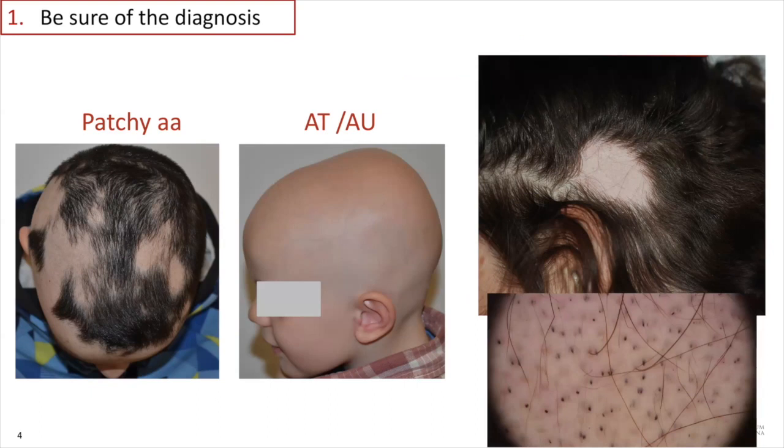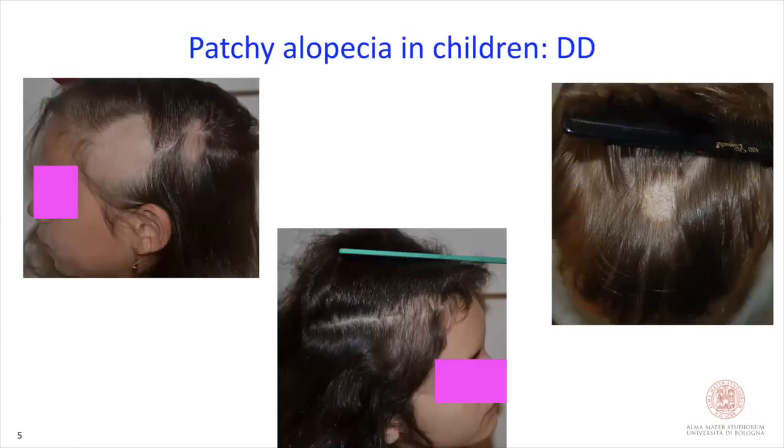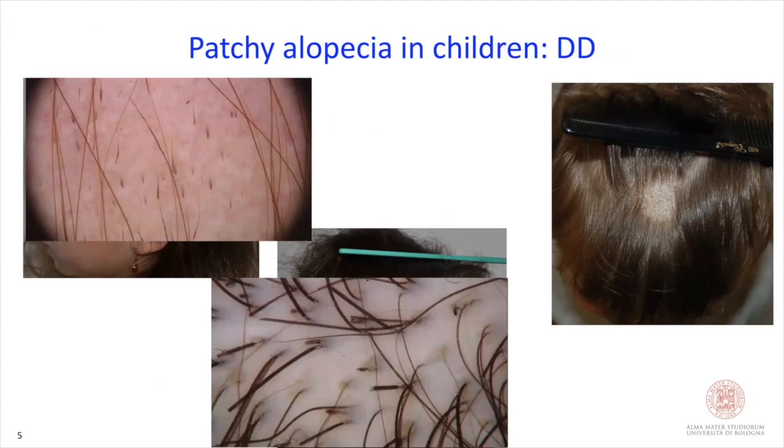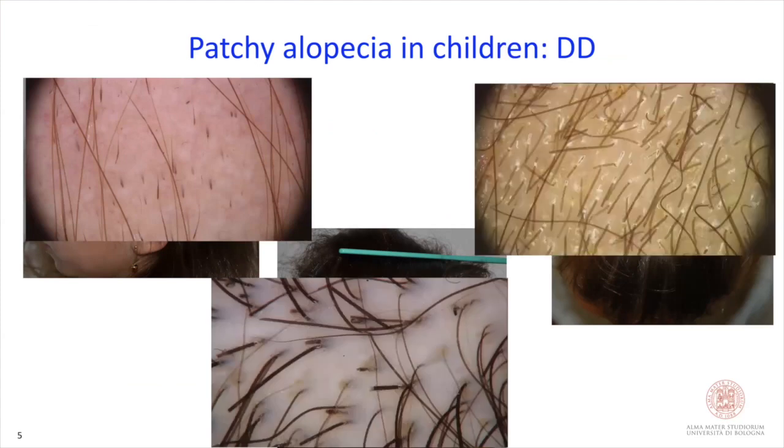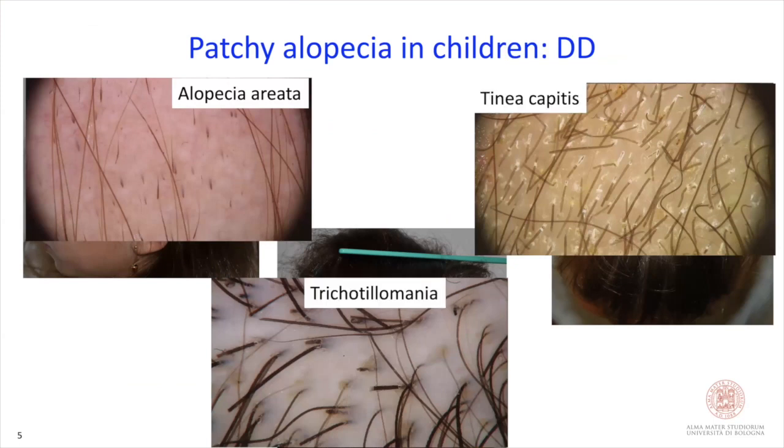Clinically, alopecia areata patches have very sharp margins. In most cases, the shape is circular or oval, and there are no signs of inflammation, so no redness, no induration, no scales. And here you see a typical trichoscopy picture. Differential diagnosis with trichotillomania and tinea capitis is really easy if you are a bit practical in